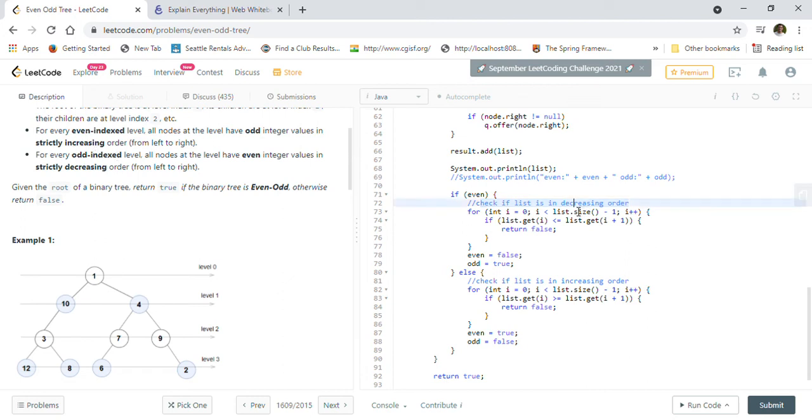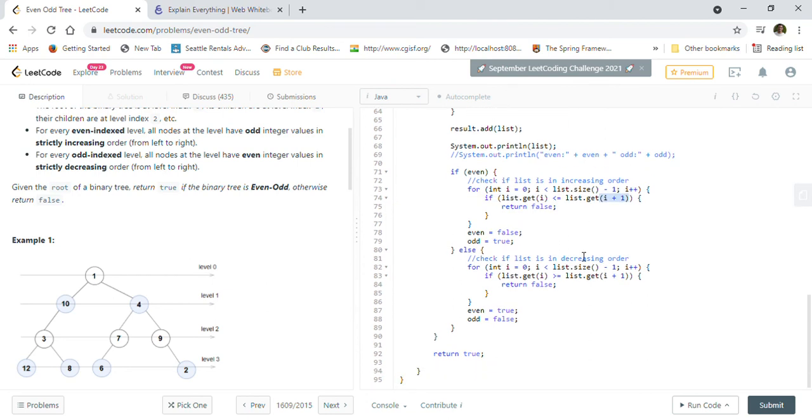So this comment is actually wrong, it should be increasing order, and here it should be decreasing order, right? So we are checking that the list that we have should be increasing, right? Every element, the ith element should be less than or equal to the (i plus 1)th element basically, right? So that's what we will be checking.